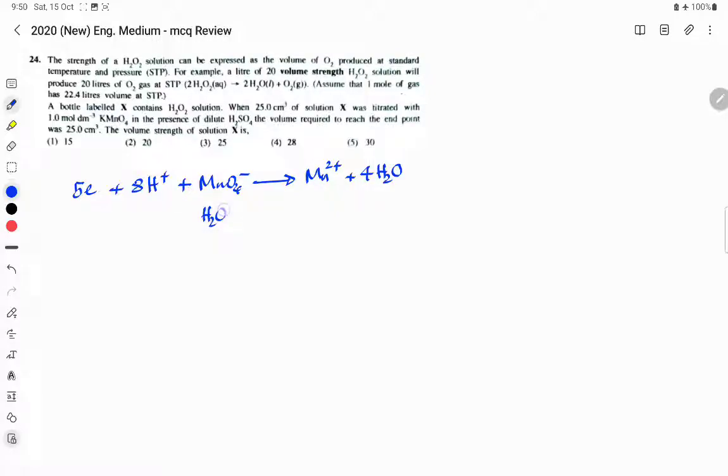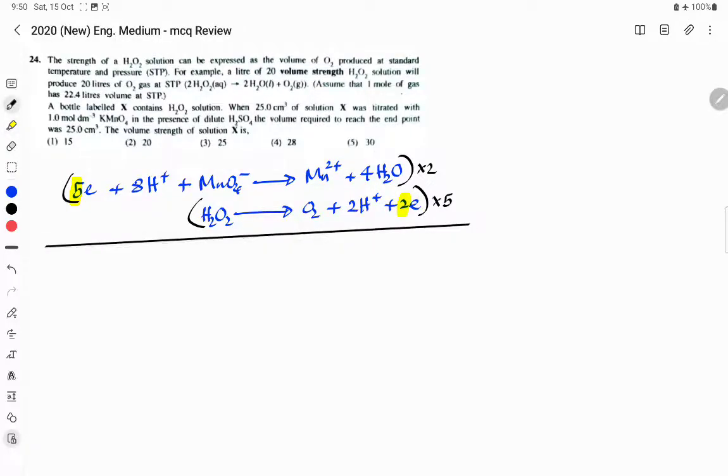Now H2O2 will be oxidized to oxygen gas. To balance hydrogen, we have to put 2H plus. To balance charges, we have to put 2 electrons. Now in order to add these two half reactions together, we have to multiply this reaction by 5, and we have to multiply this reaction by 2. We use this 5 and this 2. So the final reaction will be